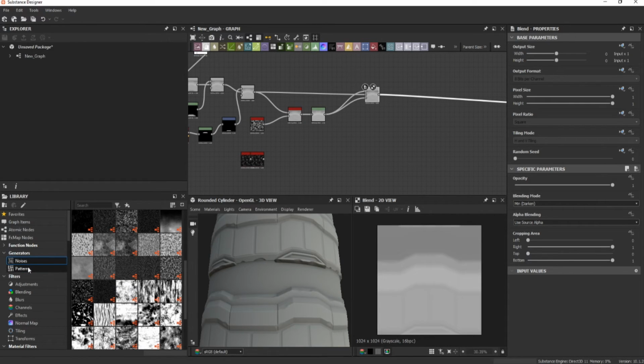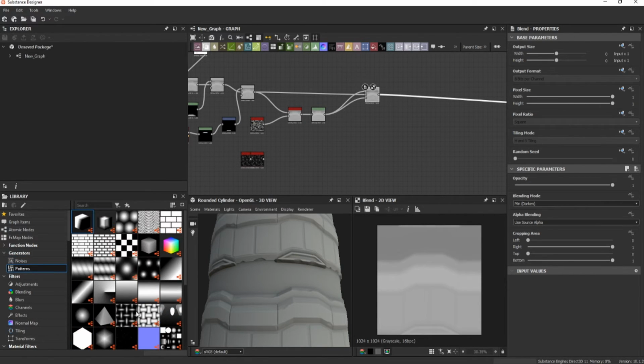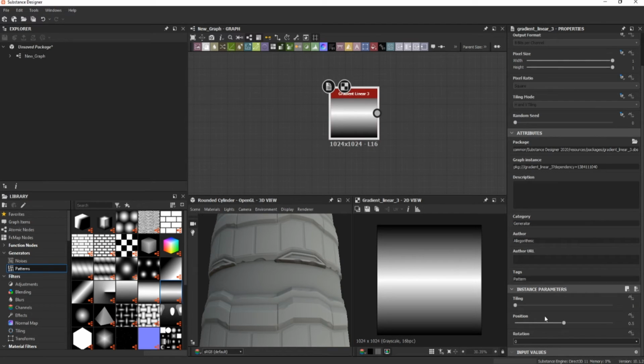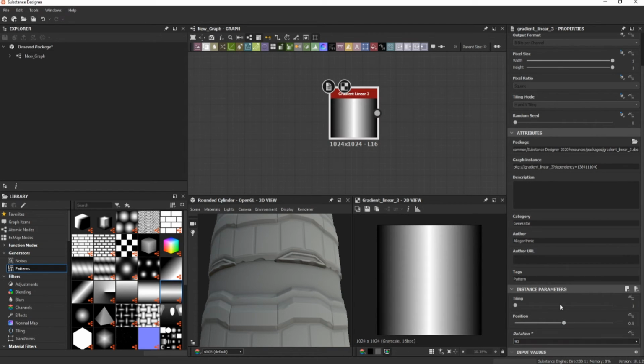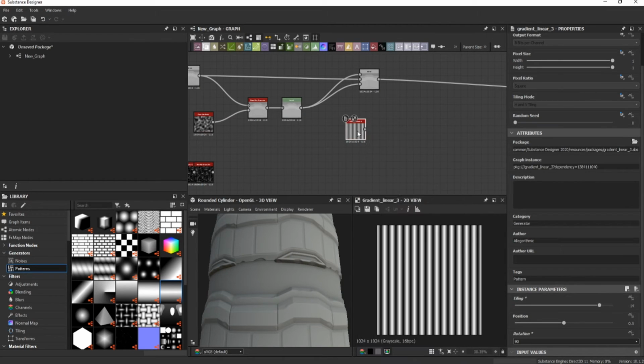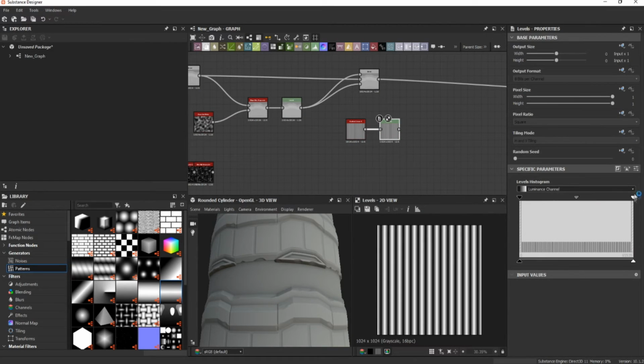Let's see if this works well. I will go here to the patterns and select this one, the gradient linear tree. I will rotate it 90 degrees and increase the tiling. So with the levels, I will put the white